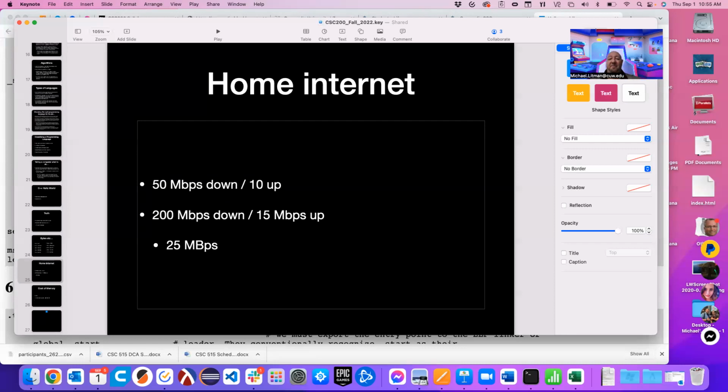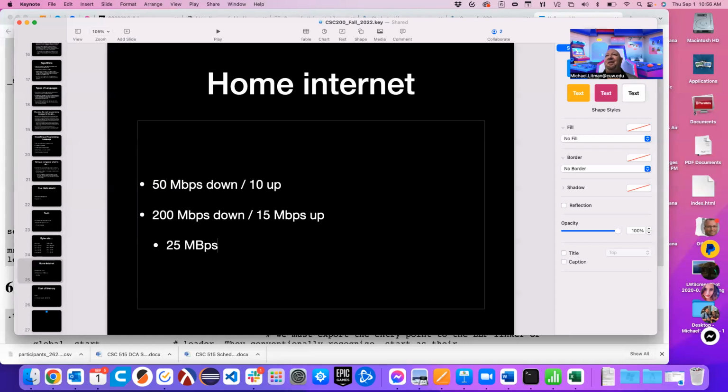That makes sense? Okay. Now, when I say it's 25 megabytes per second, theoretical maximum speed, why wouldn't you always get 25 megabytes per second? What do you think? Yeah, but you want it. You're paying for it. You're paying for your 200 megabits per second. You should get your 200 megabits per second. All right. Is it because when there's more people using it, it's slower? Okay, yeah, but why is it slower when more people are using it? I actually told you the answer a couple minutes ago. You maybe just didn't realize I said the answer.